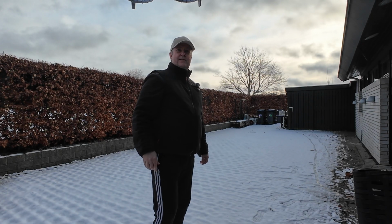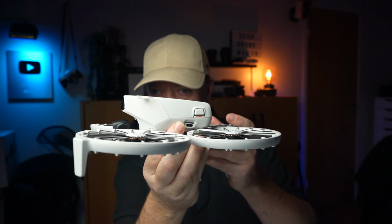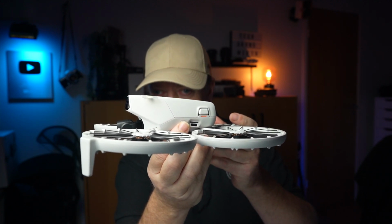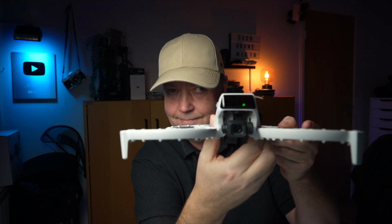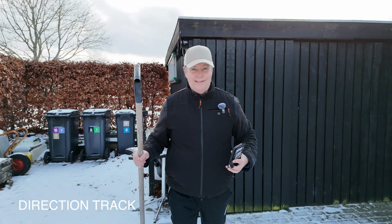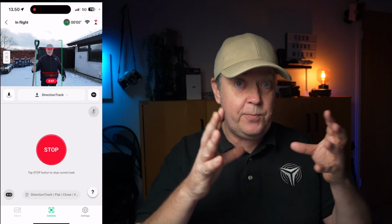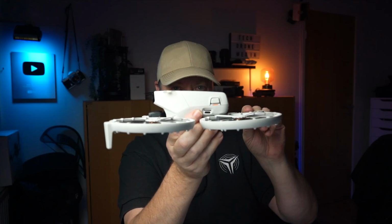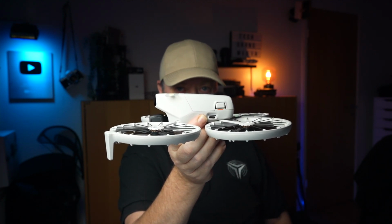The DJI Flip does not require a remote for its basic operations. Like the DJI Neo, you can select pre-programmed flight modes directly on the drone. You can scroll through the different modes using the button on the side to select Dronie, Circle, Rocket, Spotlight, Follow, and 2 follow modes, one trailing behind, Direction Track, and one keeping the Flip locked in front of you using the advanced AI algorithm that we saw introduced with the DJI Neo. Long pressing the button, and make sure not to put your fingers inside the prop guards, it will launch and execute the flight mode you select, but only if you hold it still with the camera